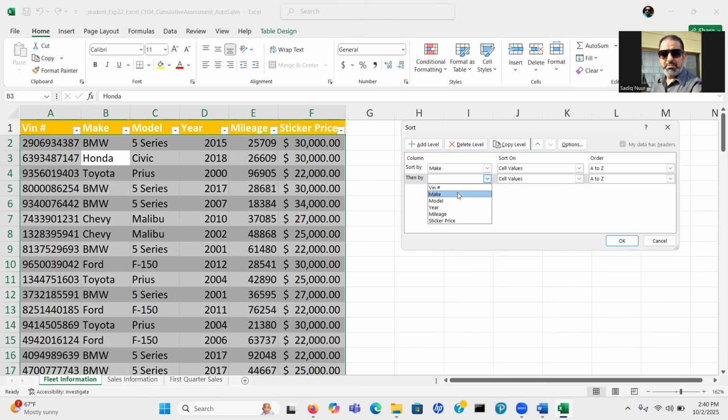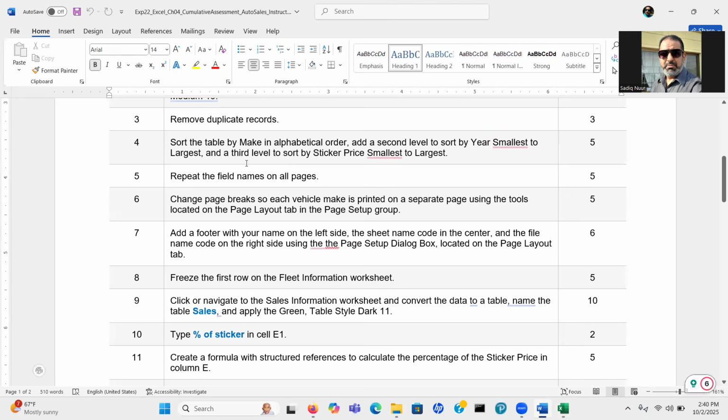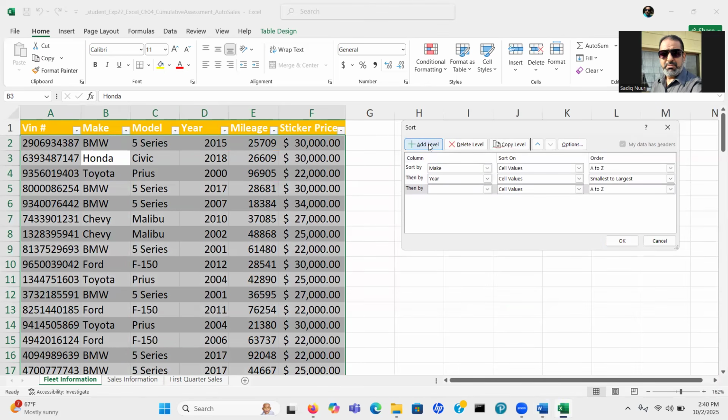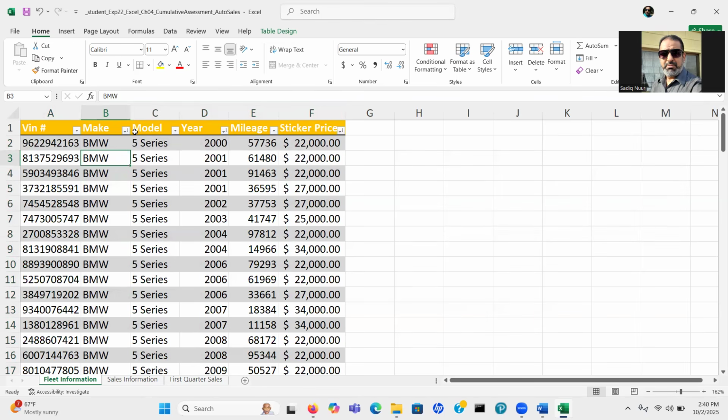Click the drop-down and select the column Year, and sort on cell values, smallest to largest. The third level is to sort by sticker price, smallest to largest. So you add a level and click the drop-down. The sticker price is smallest to largest, and then click OK. Now you will notice the filter button has a sort arrow. So this has been sorted, right?